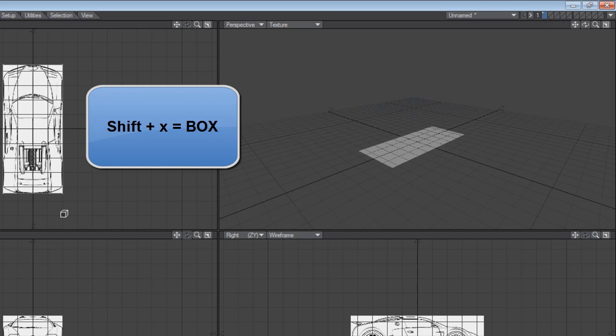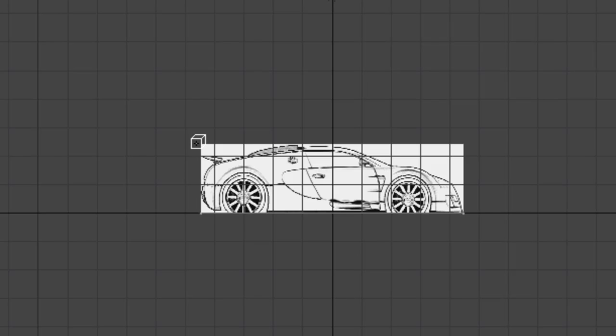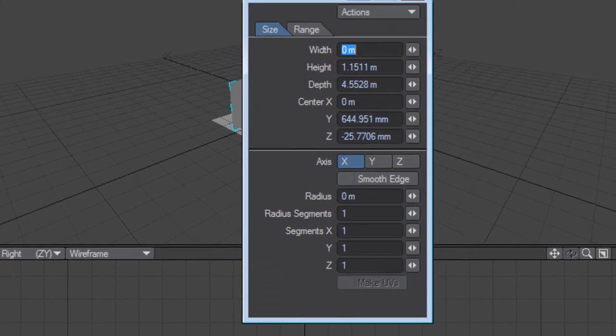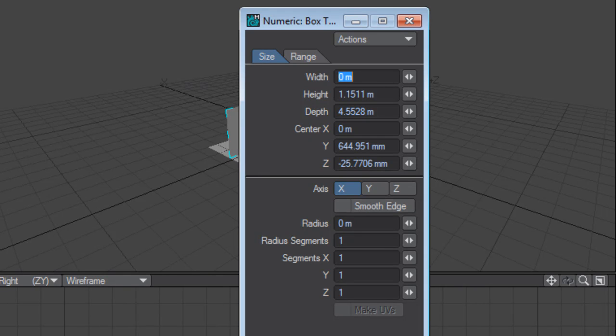We need to make another box for the side image. And we're just roughing out. It doesn't have to be exact, because when we get into the numerics panel, that's where we're going to get a more precise dimension of the box. So we just hit N again. This time all we want is height and depth